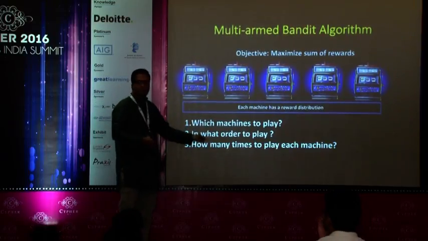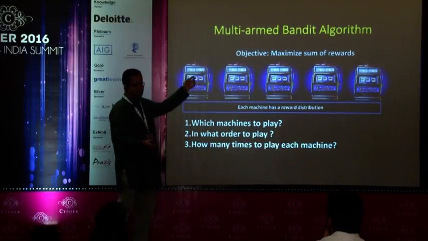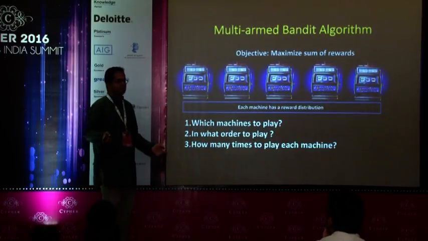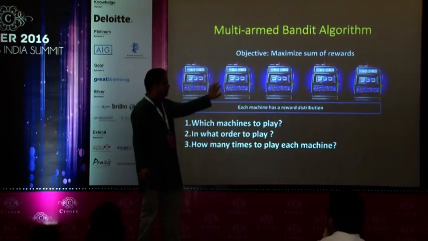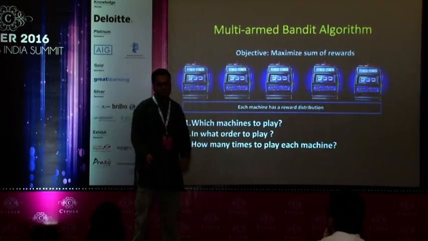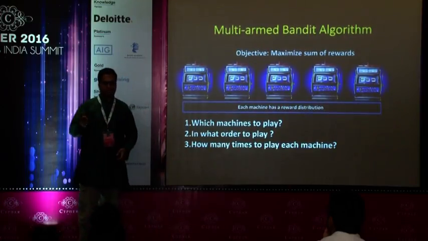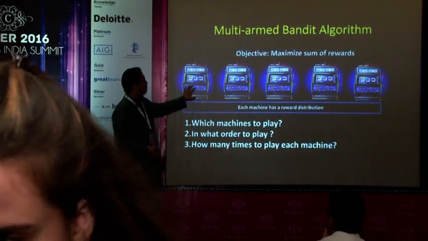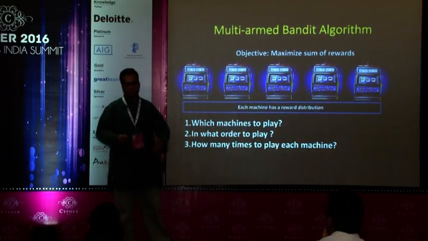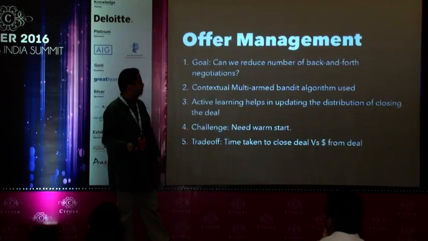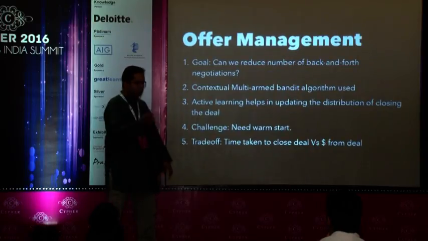And as I poke the customer, you can keep doing this. So what happens when you start doing it, right? You don't have any information about the slots. You don't know how much money will come from here or from there. So you start getting more and more information. At some point, you have a better model of each of the machines, and you would use that to make decisions. And that's what happens here.